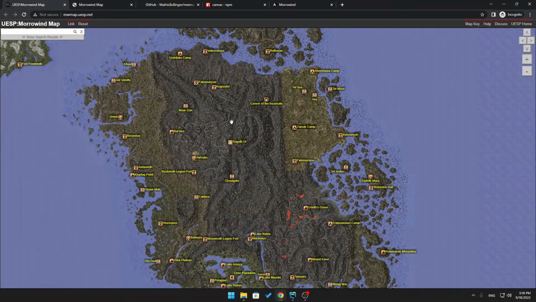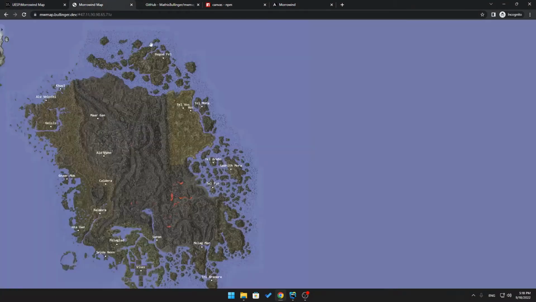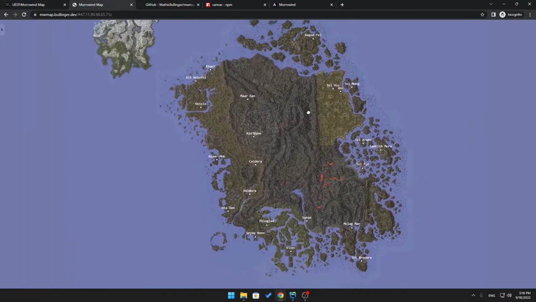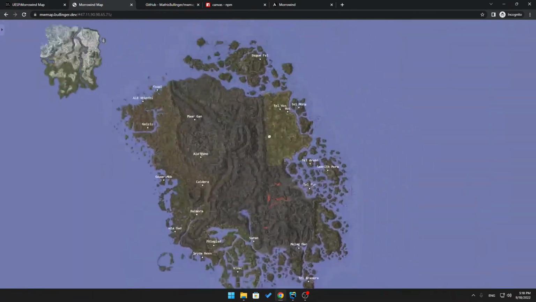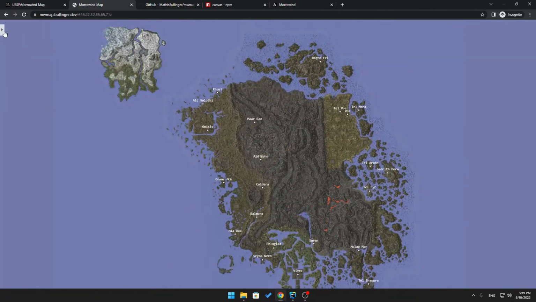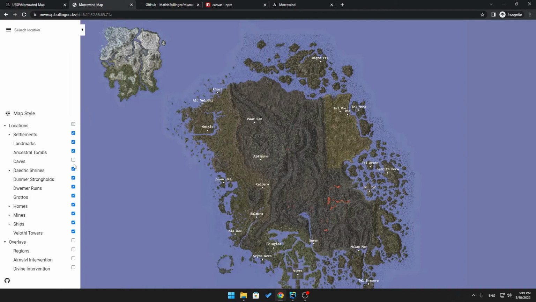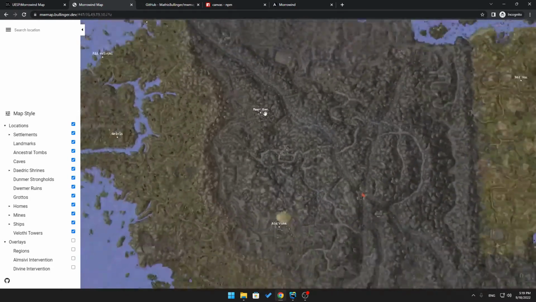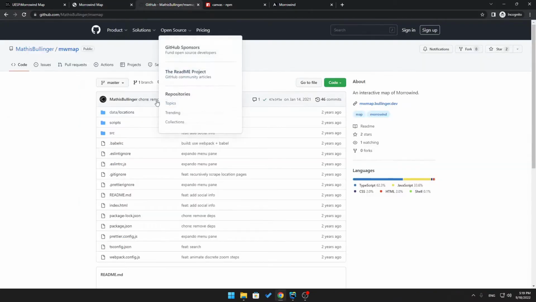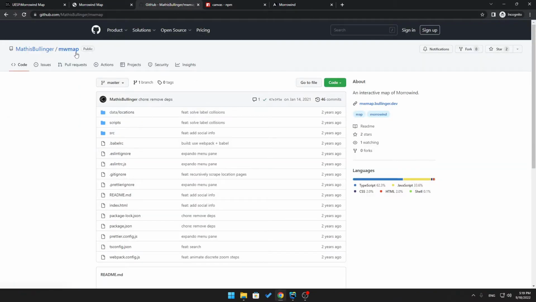The next implementation of this map is a custom implementation. It works much better. It has more features inside, so you can, for example, turn on and turn off some locations. I found the repository for this map. It's called MW map,